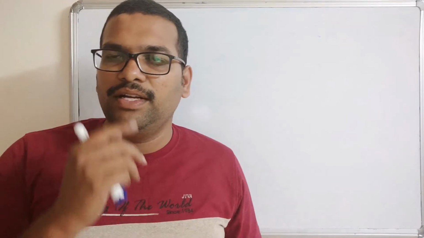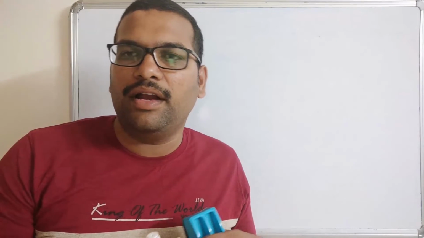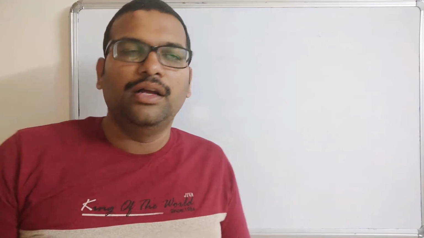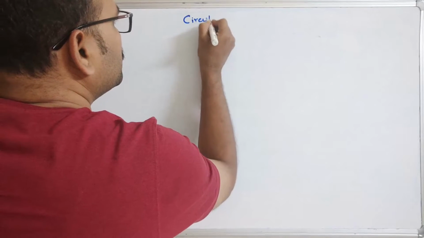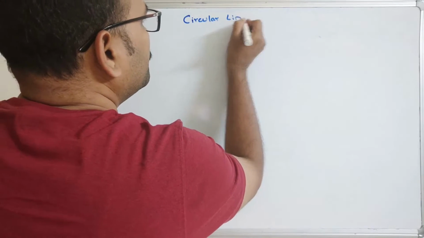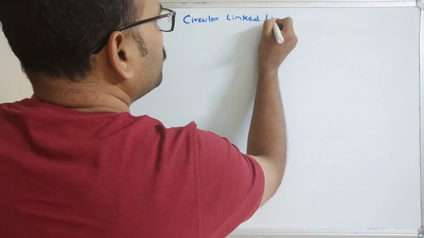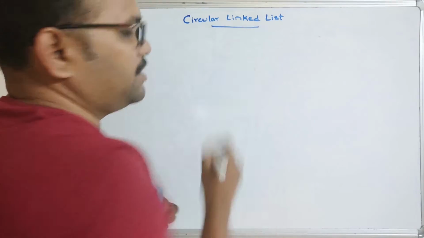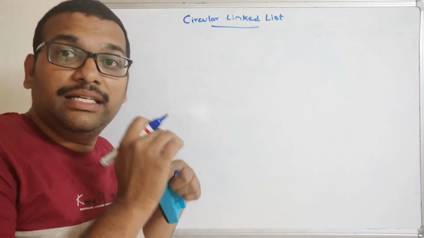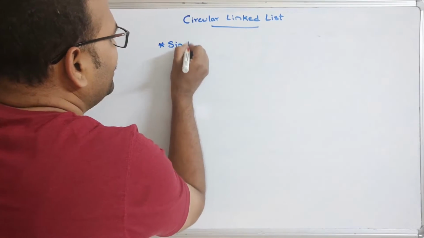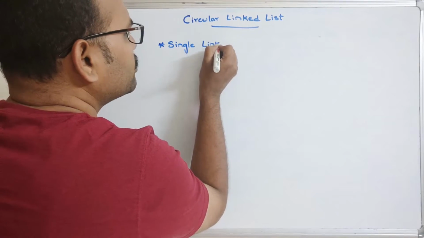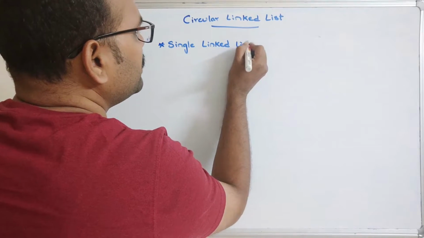So in today's session we'll discuss one more topic in our data structures using Python. That is a circular linked list. This is similar to our single linked list. Here also we are going to use the single linked list. Everything is common, but only one difference is,